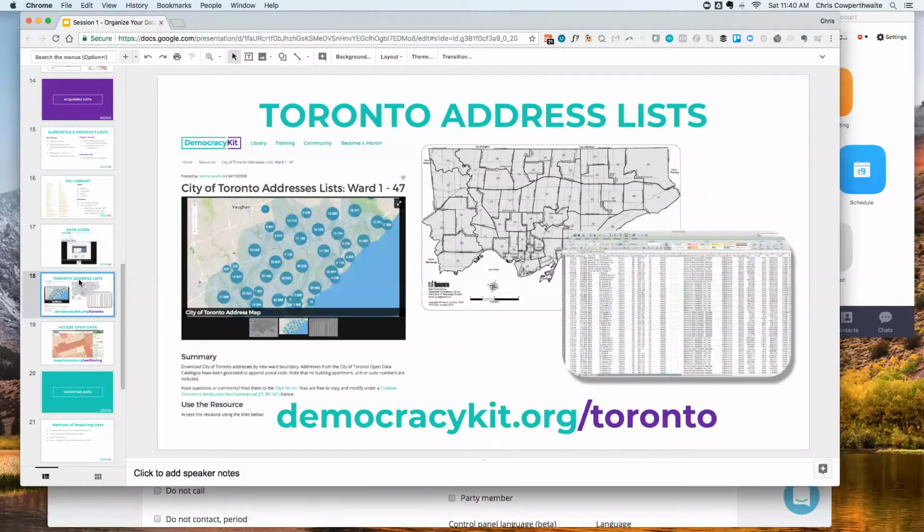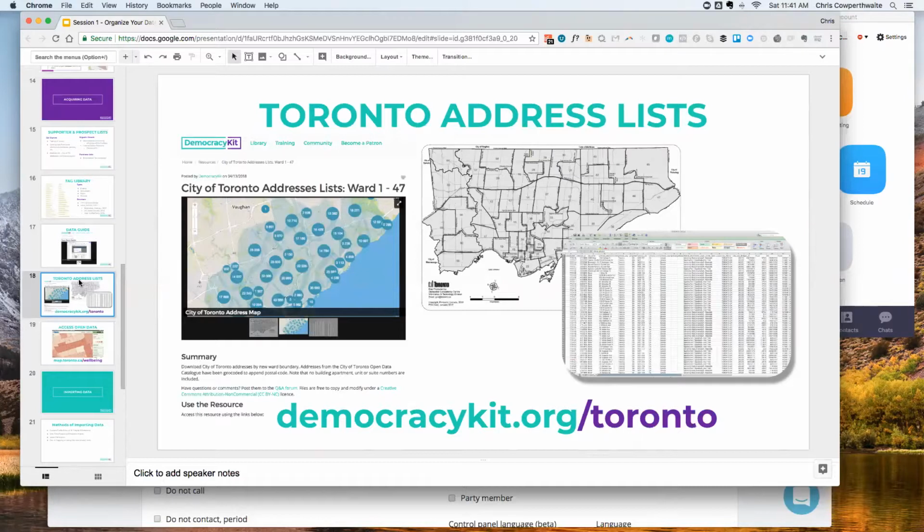And so I'll just skip ahead and mention this Toronto address list source. If you are in the city of Toronto, we have at DemocracyKit published a list of all the addresses allocated to new wards. The city's open data catalog provides this data. However, at the time we set this up a few weeks ago, the city had not organized this data by the new ward boundary.